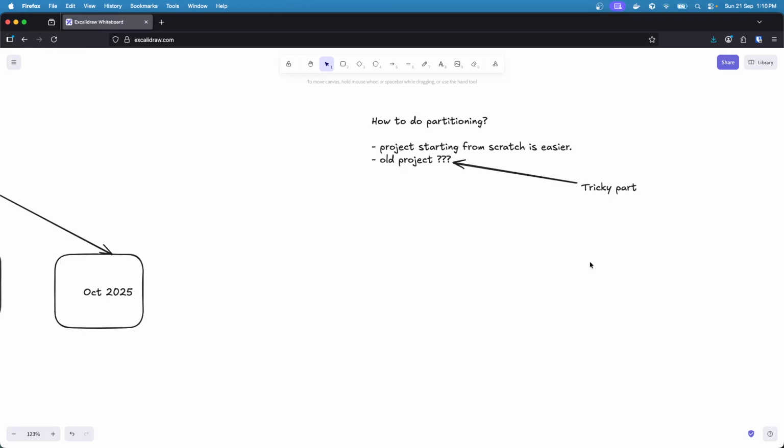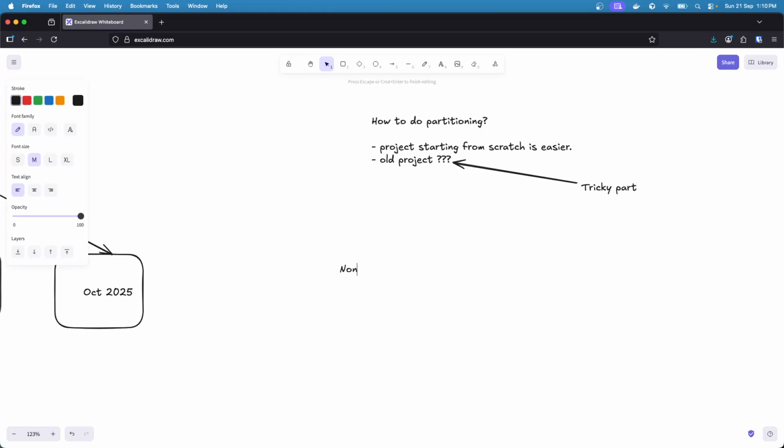So that's why it's a tricky part, because in most cases we can't take longer downtimes. When I say longer downtimes, I mean a day or two. Even 4 hours is a longer downtime if we think about it. But before diving into that, let's talk about what is the way that we can move from